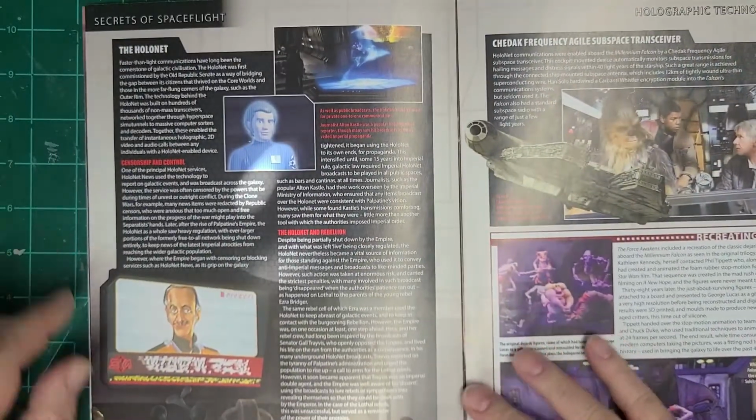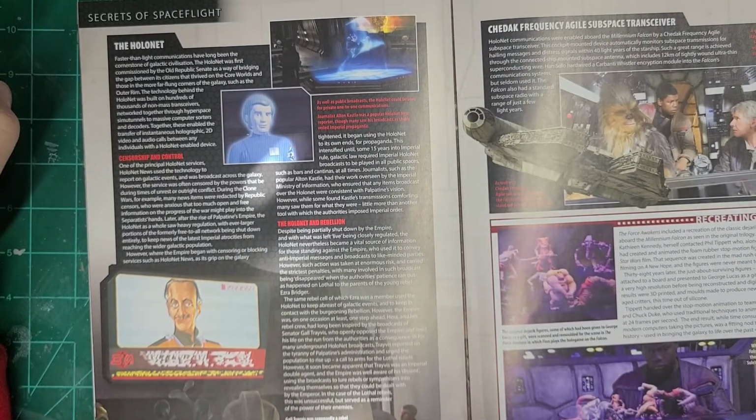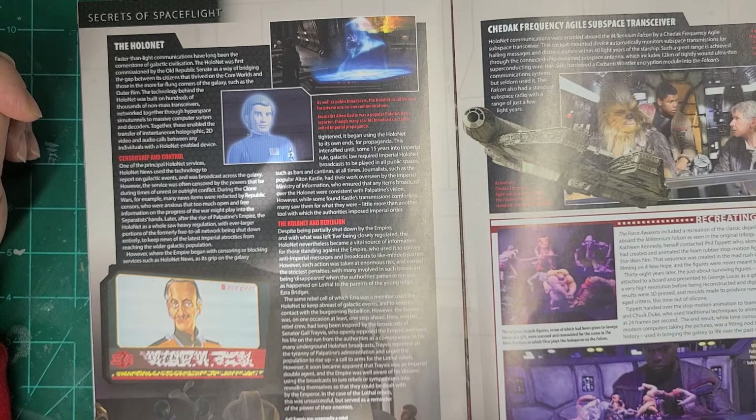Cool. The Holonet. Faster than light communication has long been a cornerstone of galactic civilization. The Holonet was first commissioned by the Old Republic Senate as a way of bridging the gap between its citizens that thrived on the core worlds and those in the more far-flung corners of the galaxy, such as the Outer Rim. The technology behind the Holonet was built on hundreds of thousands of non-mass transceivers